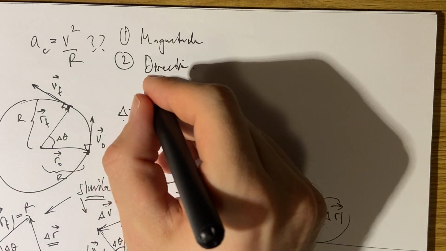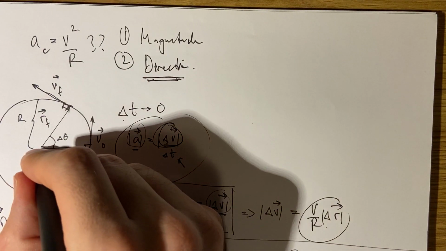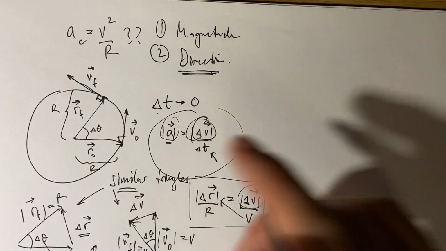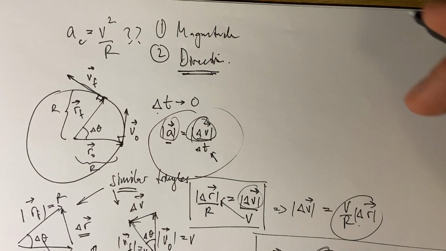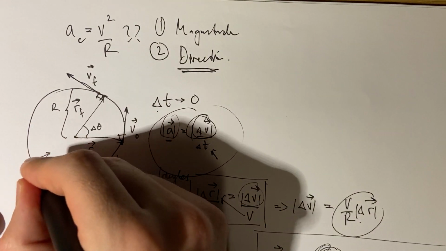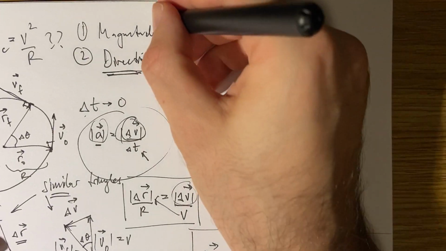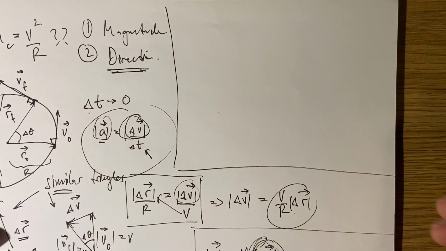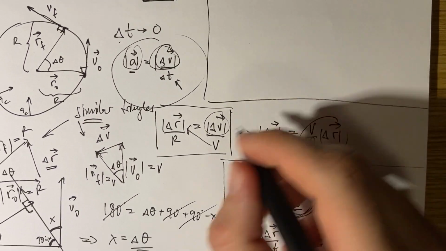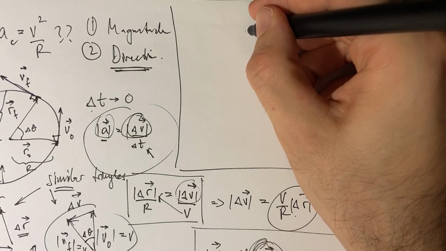Next mission is to prove that the direction is always pointing towards the center of this circular path, because that's what we've been taught, that it will always point towards the center, the AC here. And why is that? Well, if we create some more space here, and if we turn to this triangle again, then we can write that